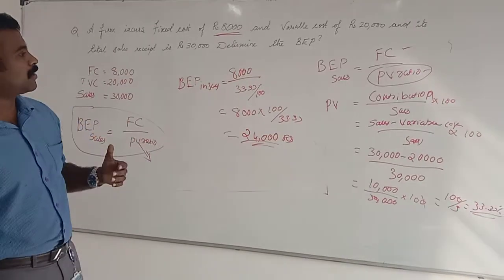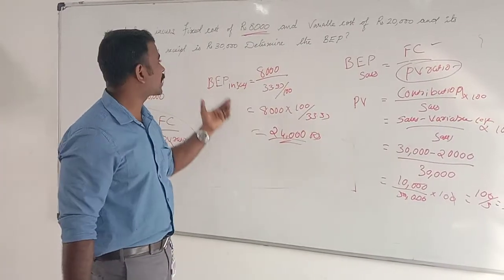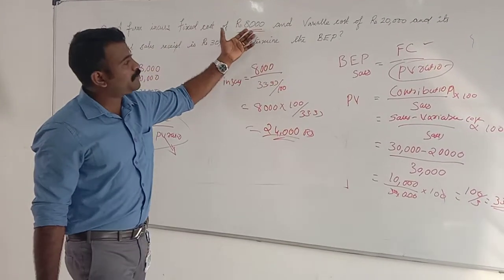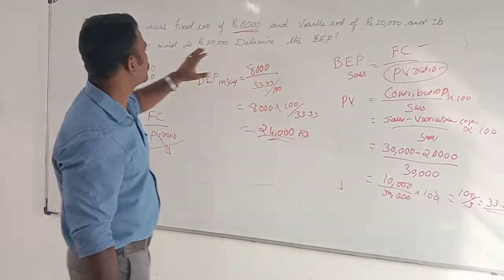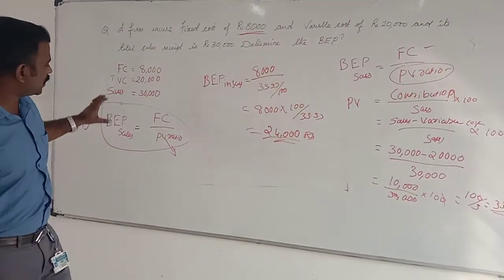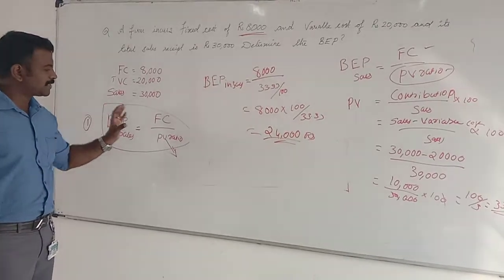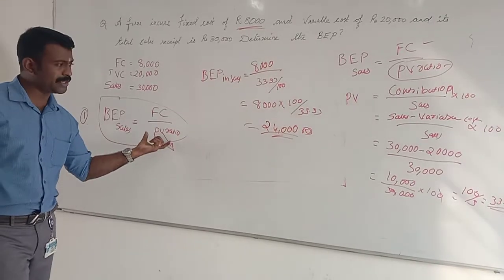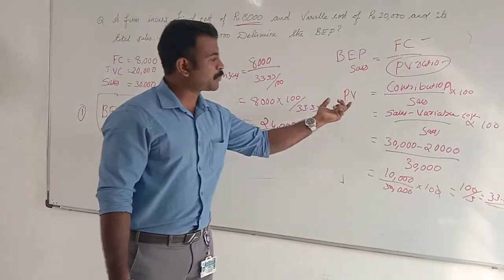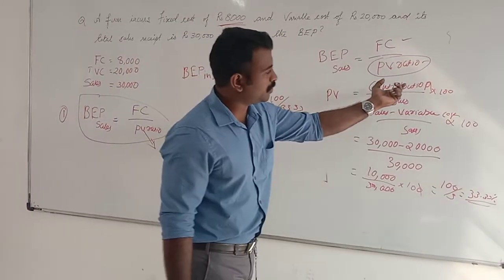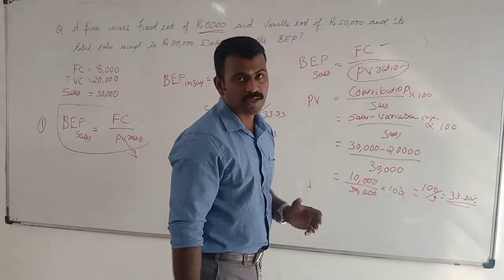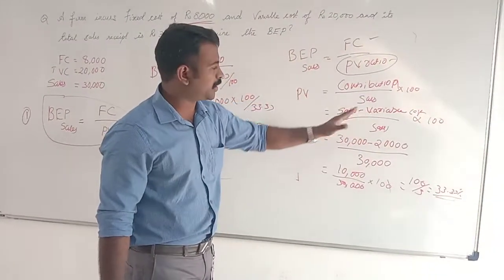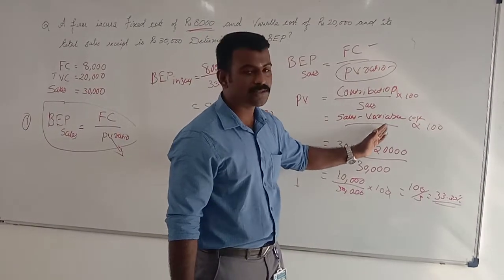So this is the question. Once again I will tell how this question is cracked. It's a simple question. If we get the total variable cost and total sales, we will use the equation for finding the break-even point, that is fixed cost divided by PV ratio. PV ratio is known as profit volume ratio. The equation of PV ratio is contribution by sales into 100. Contribution is again a new word. Contribution's equation is sales minus variable cost. Here sales may be total sales minus total variable cost.